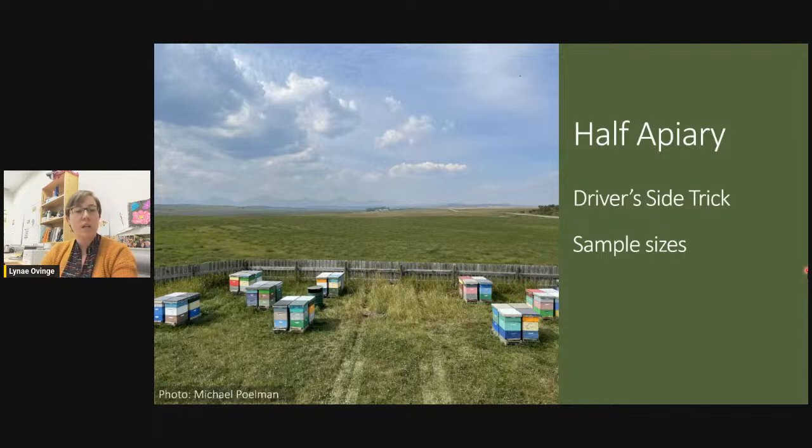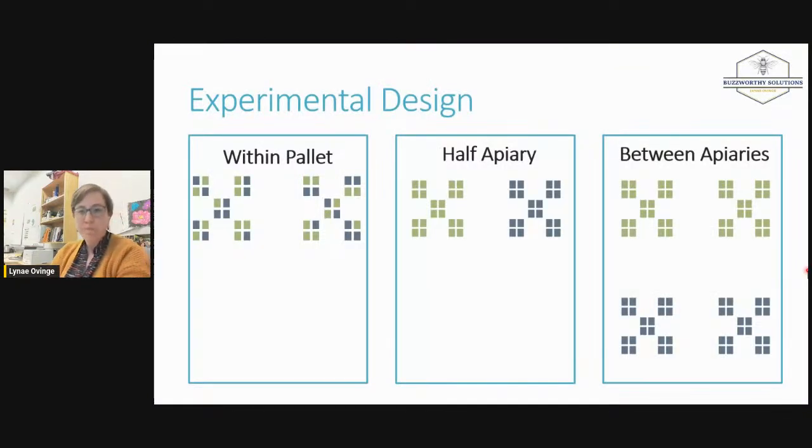For this one, I just got to say again, we want to have larger sample sizes, 6 yards. And also, I don't know if any of you are so fortunate to have all of your bee yards face east or something like that. But obviously if they're all facing east, then if you're using this trick, all the left ones are going to be the south side. And sometimes we get drifting one way or the other in yards. So you want to make sure you're getting a good mix of the different directions that yards are facing. And you're also using this on larger sample sizes, right?